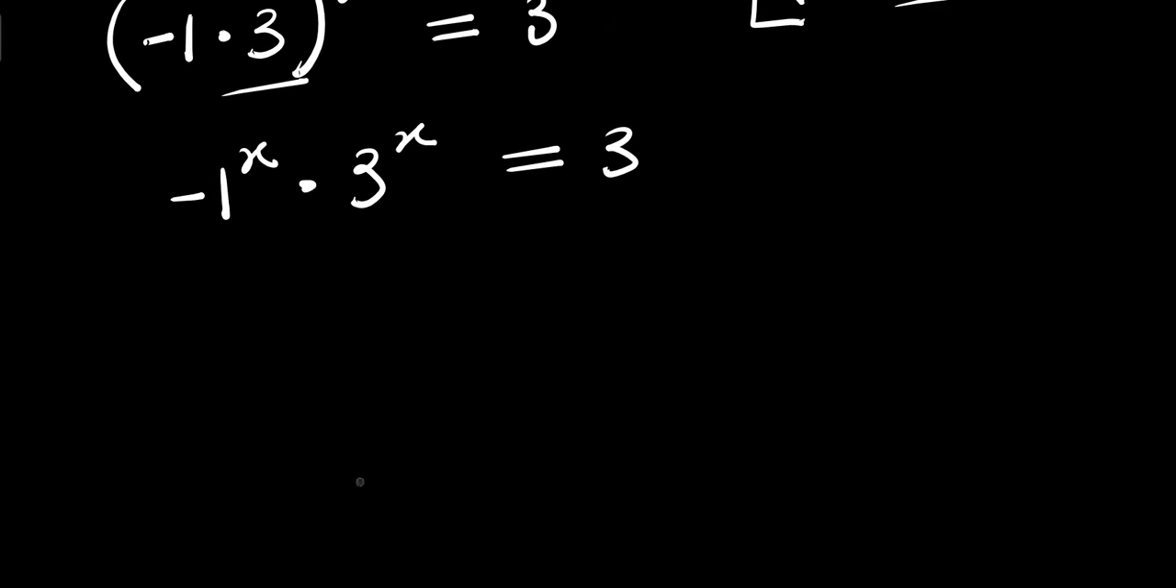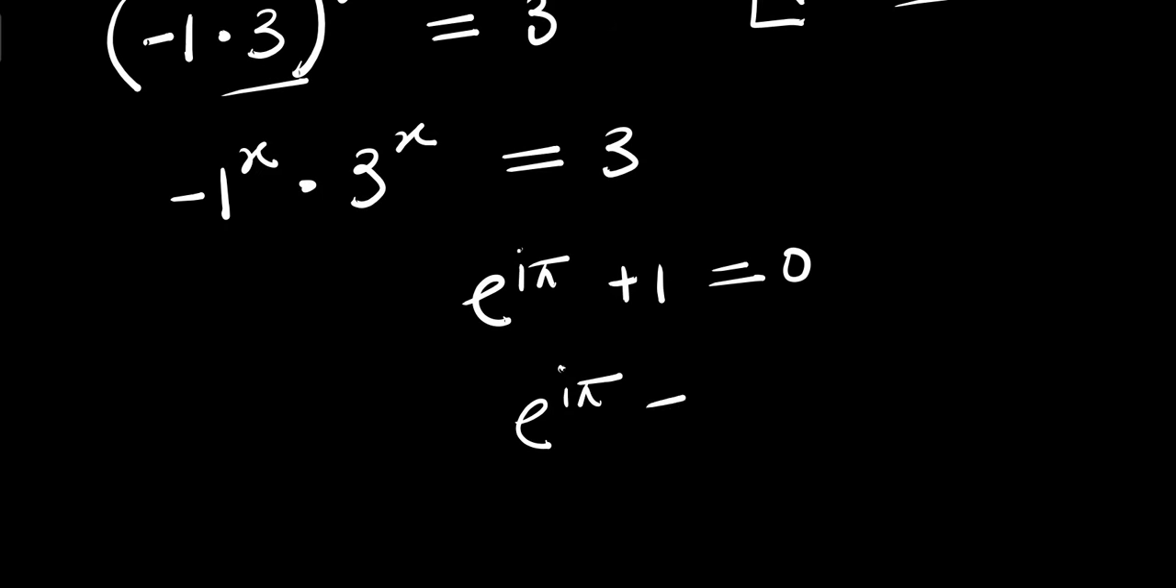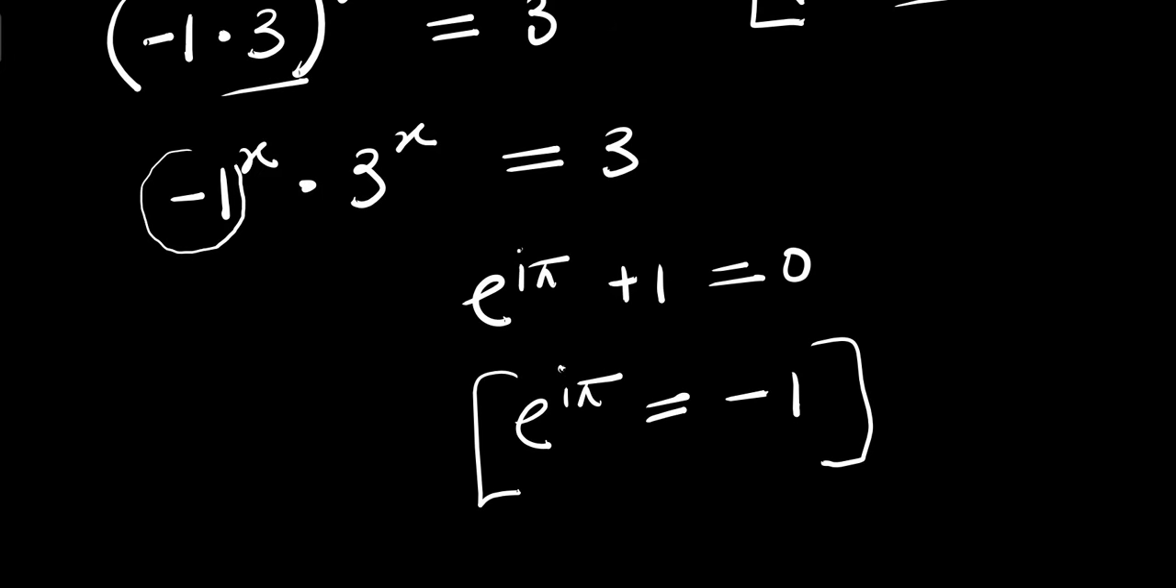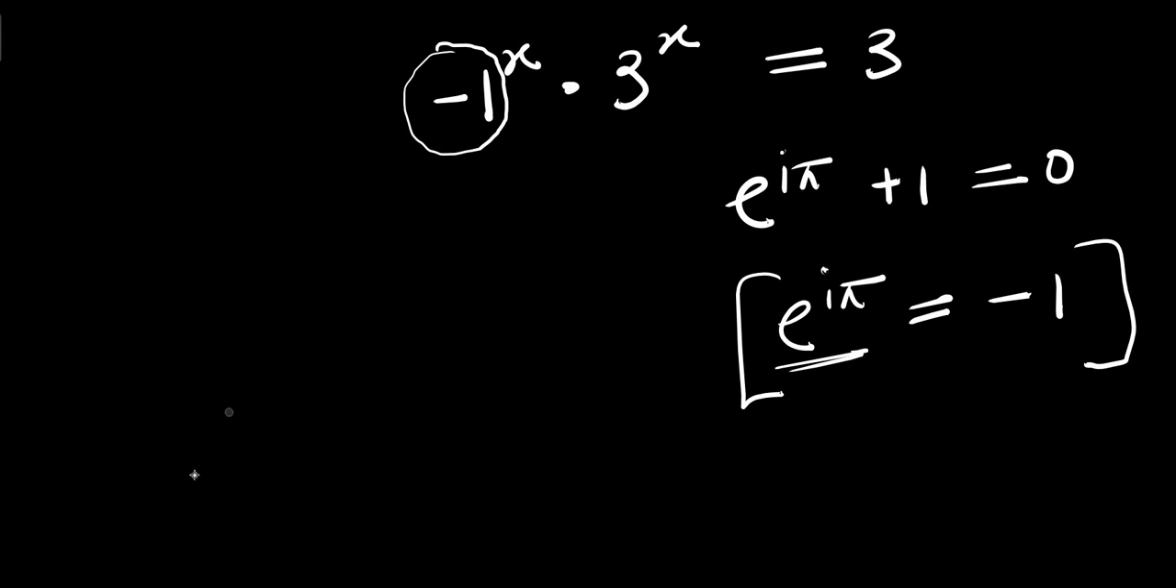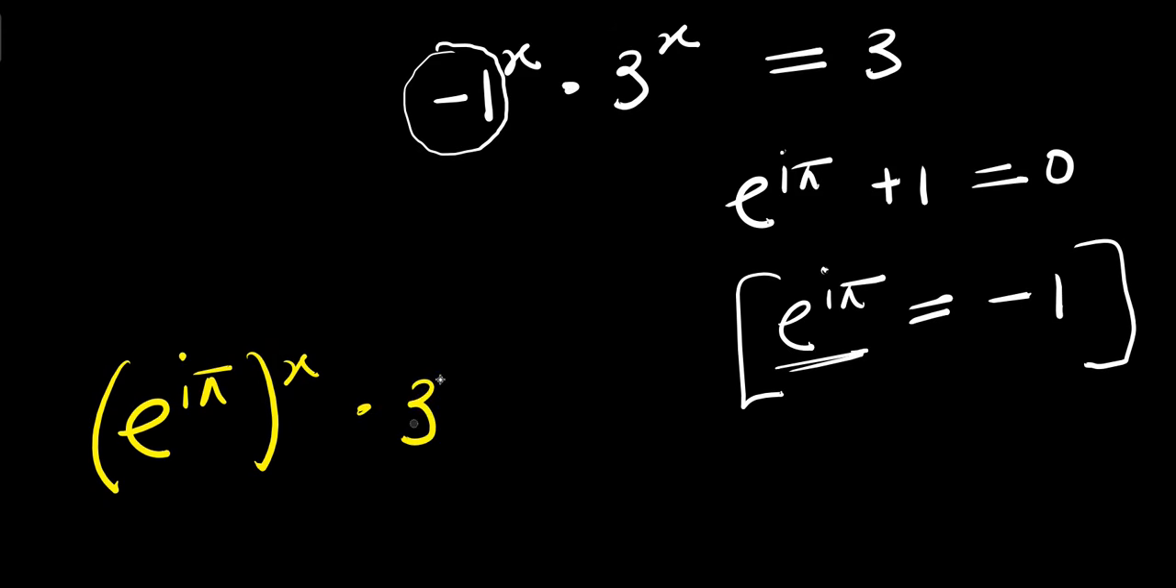From here, let's apply this identity. If you have e^(i times pi) plus 1 equals 0, meaning that we can have e^(i times pi) equals -1. So we have -1 here, meaning that we are going to replace it with e^(i times pi). That means this equation becomes (e^(i times pi))^x times 3^x